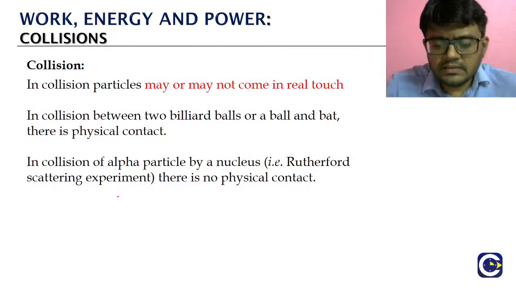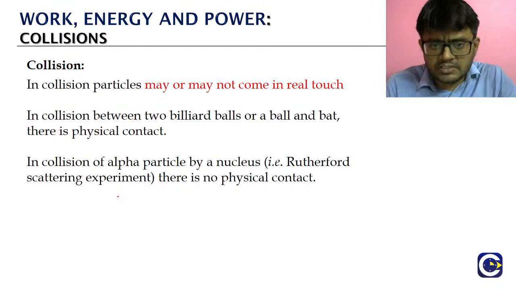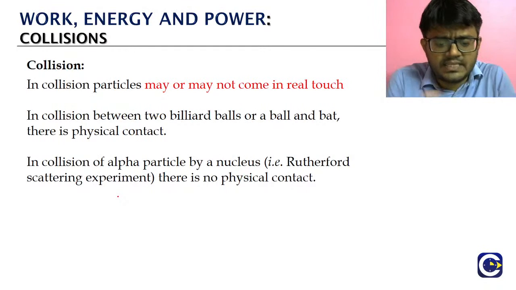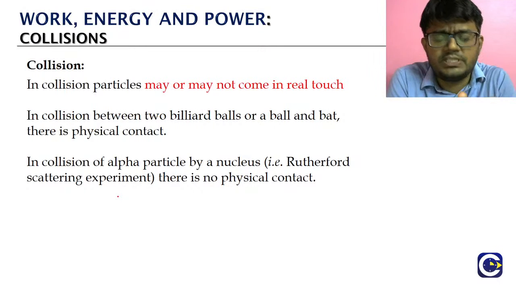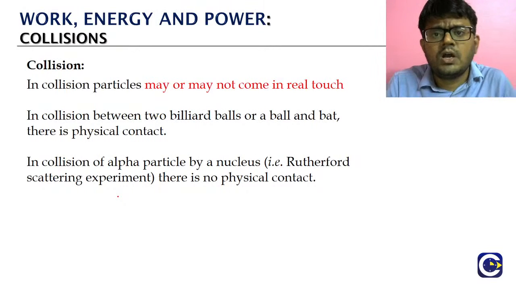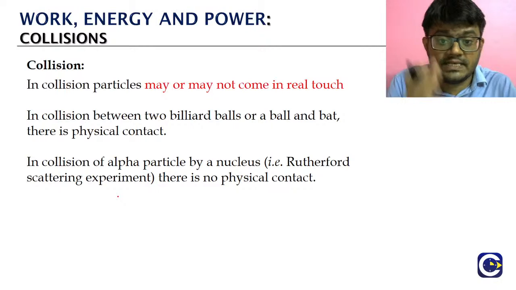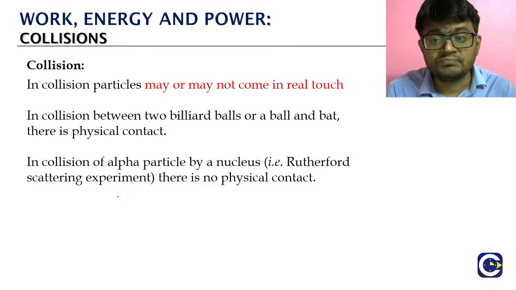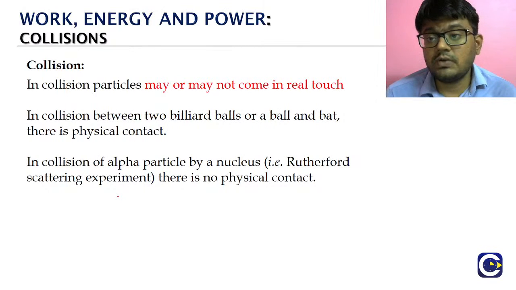Now when we think of collision, most of the examples that we discussed showed a physical contact. During the collision process, we have observed a person falling onto the ground, two people colliding with each other, or cars smashing onto one another. In all these cases, what are we seeing? There is a physical contact.